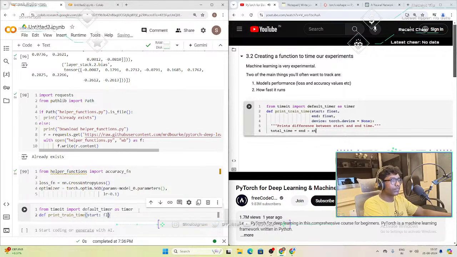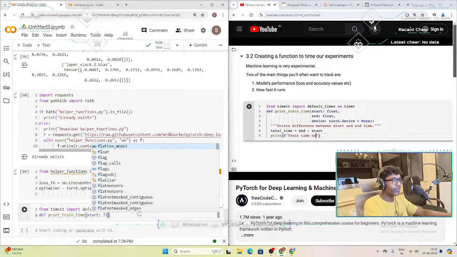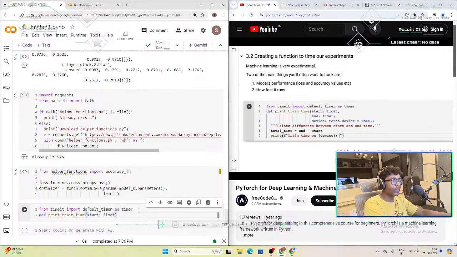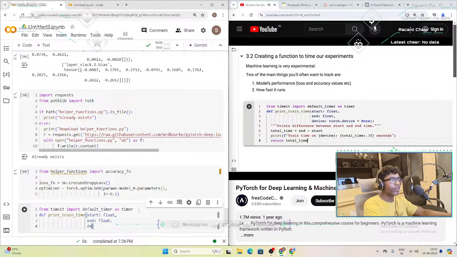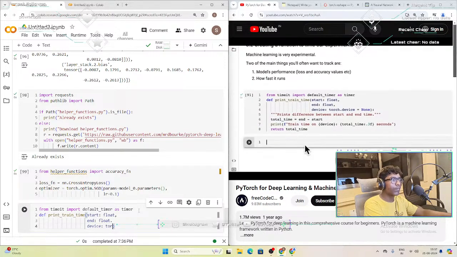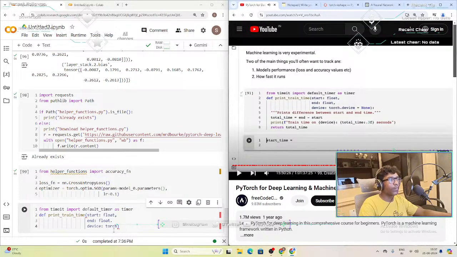So total time equals end minus start. And then print, we're going to write here, train time on whichever device we're using. Might be CPU, might be GPU. Total time equals, we'll go to 3, and we'll say seconds. 3 decimal places, that is, and return total time. Beautiful. So, for example, we could do start time equals